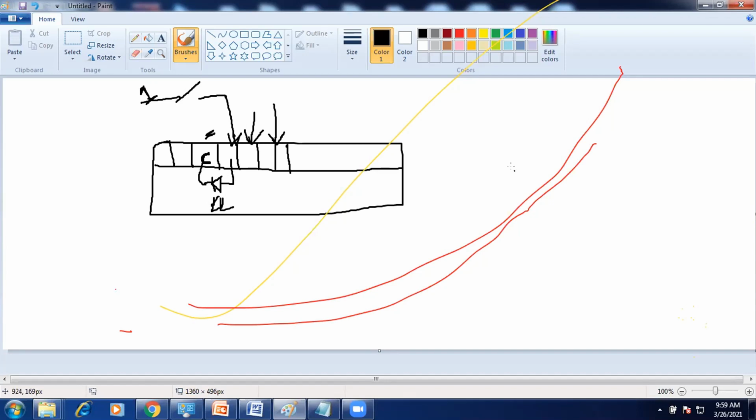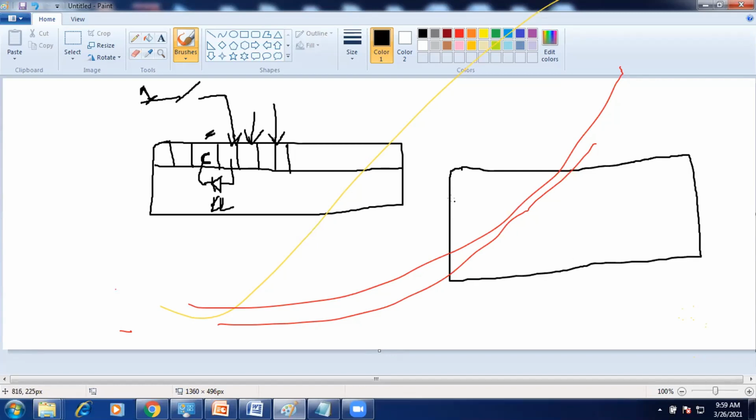Just consider sink input in the sense this is for opposite. Okay. In that first 2 positions with SMPS or without SMPS, third position for common pin. From that fourth position we are considering input pins. So sink input in the sense we are getting negative. Okay. So the LED connection will be like this manner.